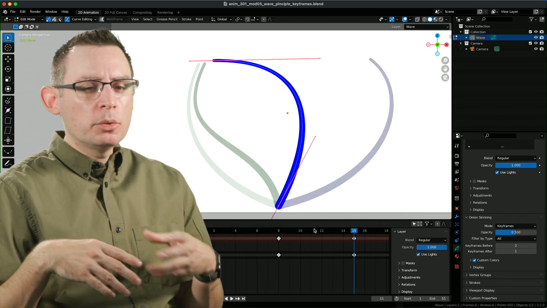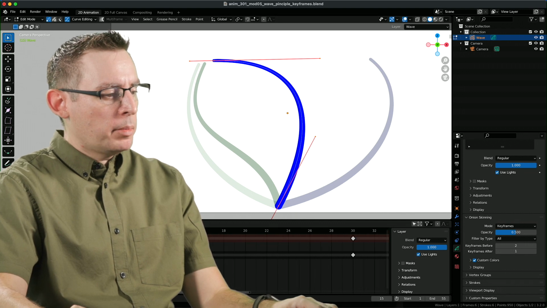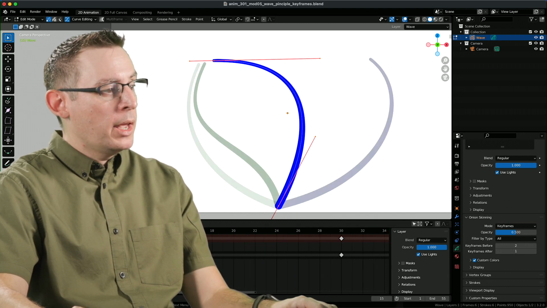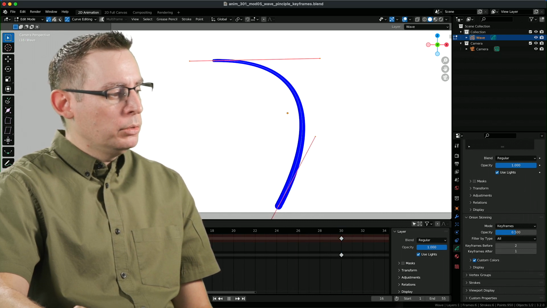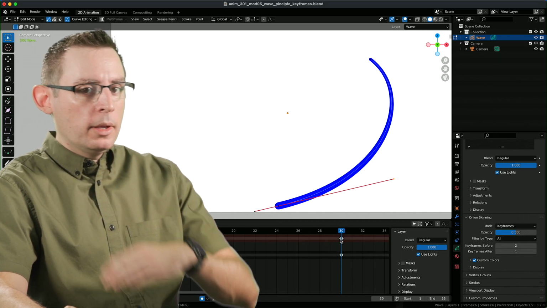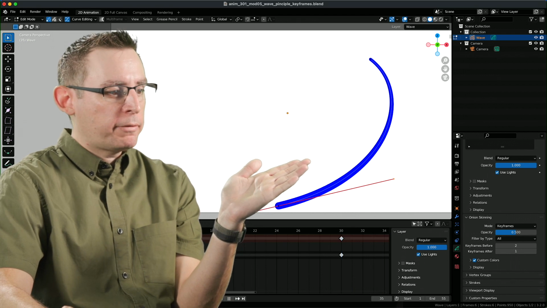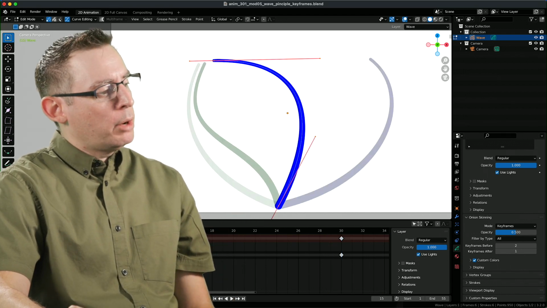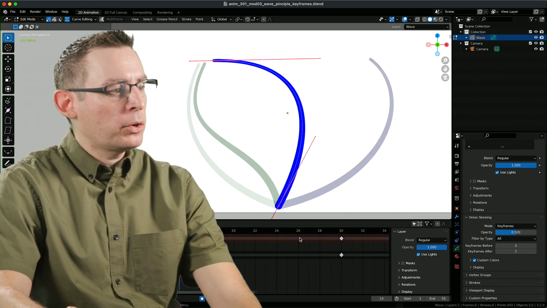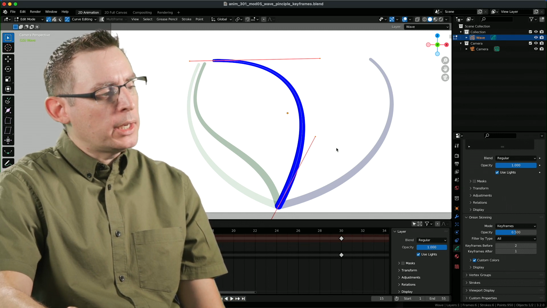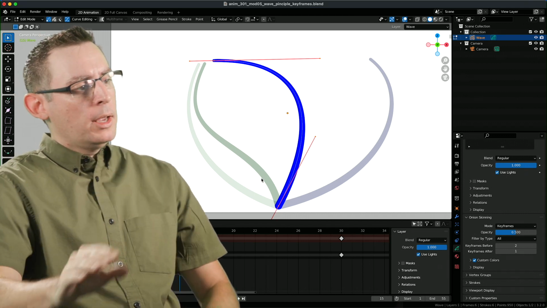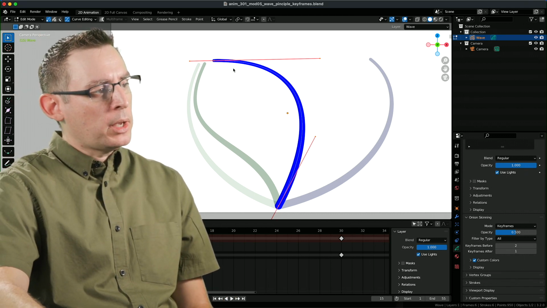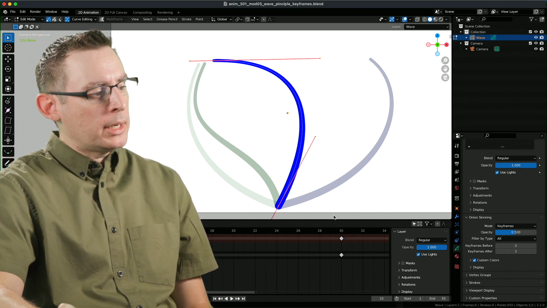These onion skins do a really fantastic job in helping us describe and define how this movement is going to look. So over here on frame 30, this is the conclusion of the whip. Now it's going to go back in the other direction after frame 30. So how's it going to look between frame 15 and 30? What's the movement look like in here? Because the motor of the engine is starting to go to the right, but we want to make sure that this tip here is flowing behind that movement.